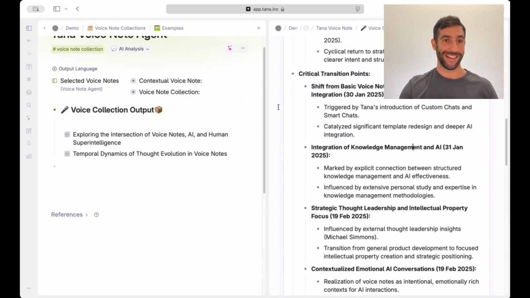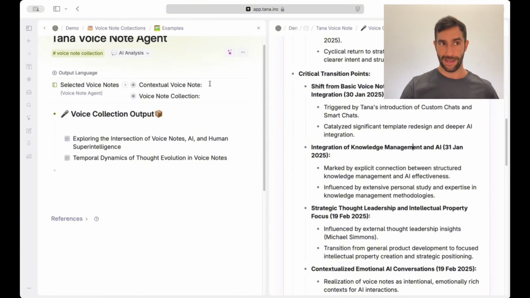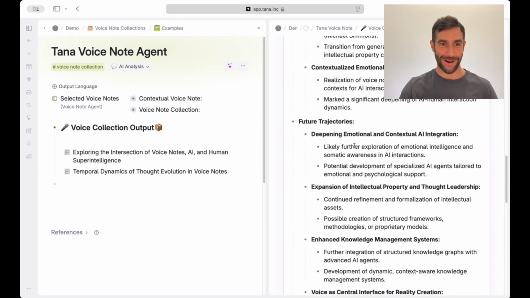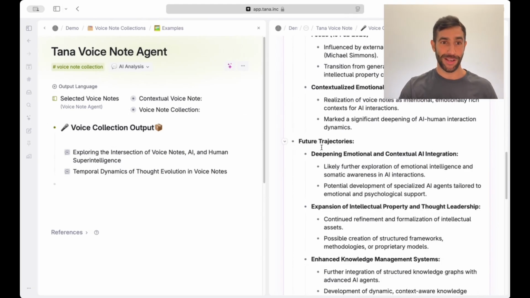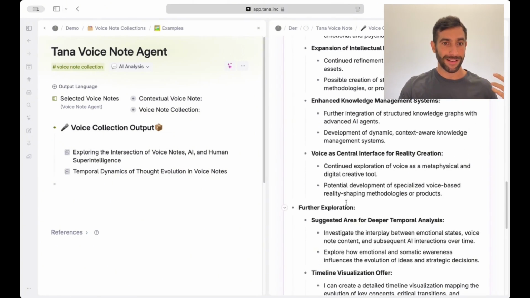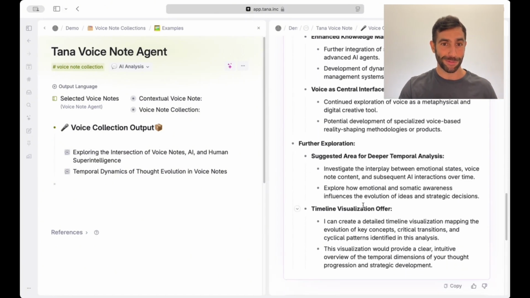So by running this temporal analysis, you can get this idea of major milestones and see how your ideas have evolved over time within a specific context. In this case, it's related to the Tana Voice Note Agent. You could run this related to other projects you have, specific areas in your life, and other themes that you might get creative about. So here you can also see future trajectories and maybe even get suggestions for future explorations